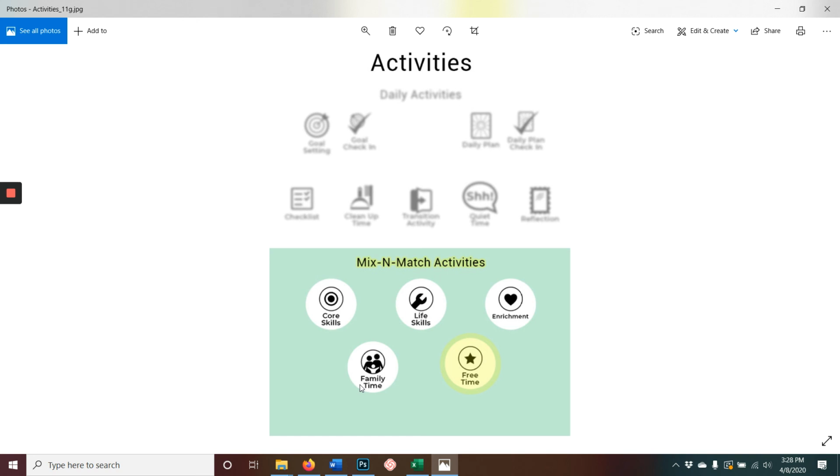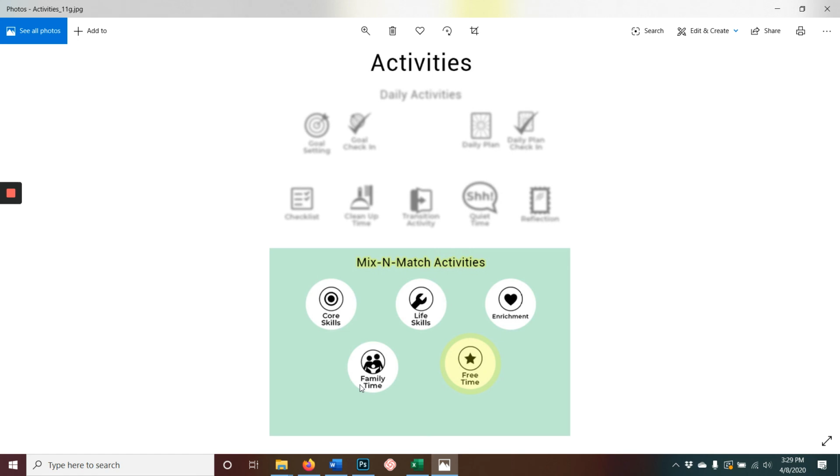Okay. That said, you might consider putting boundaries or guardrails around it. For us, sometimes we'll say, okay, it's free time in our schedule, but the one stipulation is it's screen free. So we have other times where we get to watch screens, but this is free time that you have. Do anything you want, except you cannot be on a screen. There's other times we might say this is free time and you can do anything you want, but you need to be outside, right? So there's various ways that you can add some boundaries and guardrails around that free time,